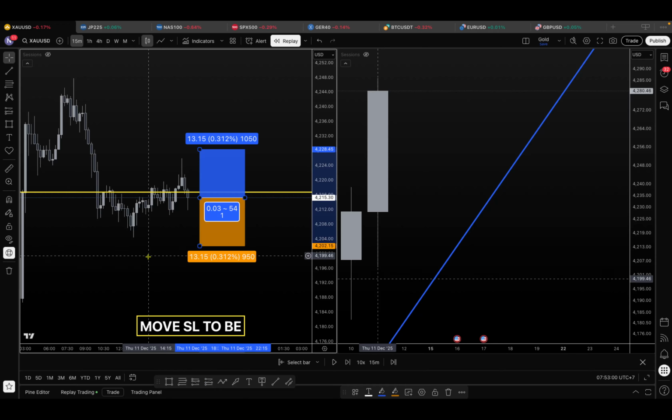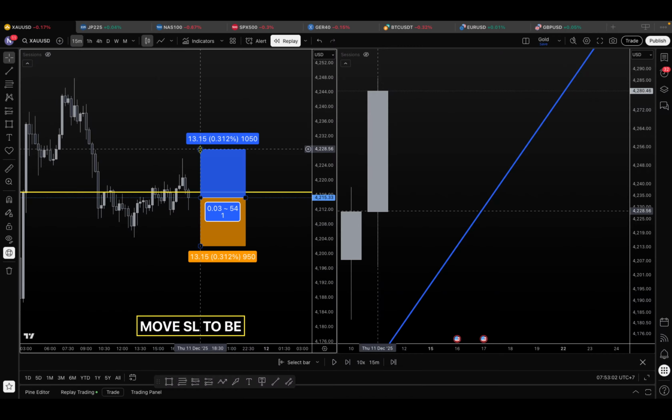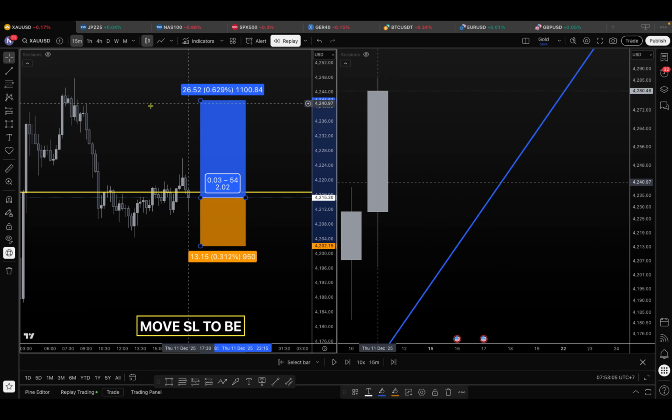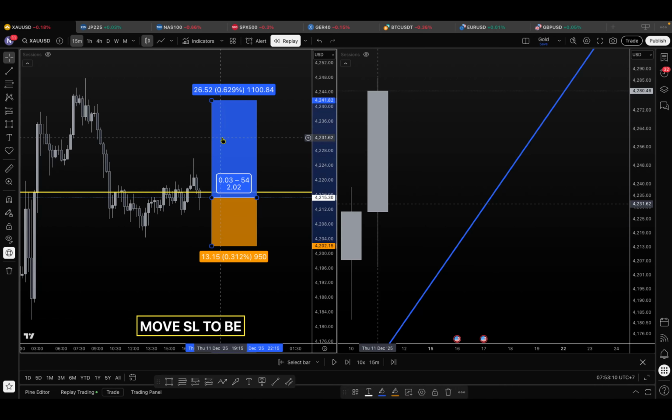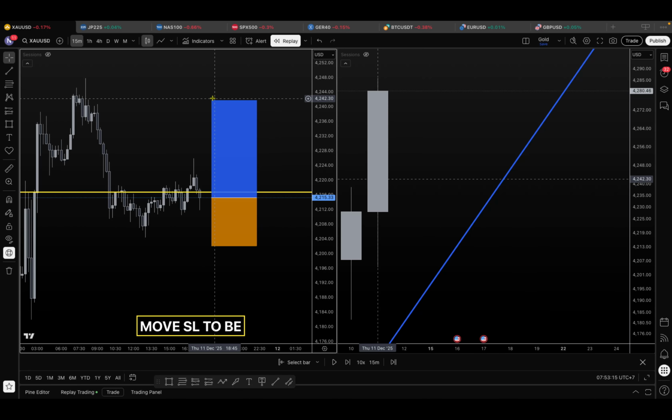And my stop loss was there, right? And basically, this is the first target, and I would close most of the trade, a large percentage of my position, at this area,